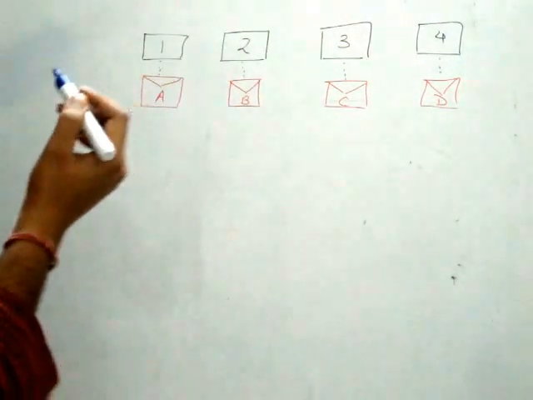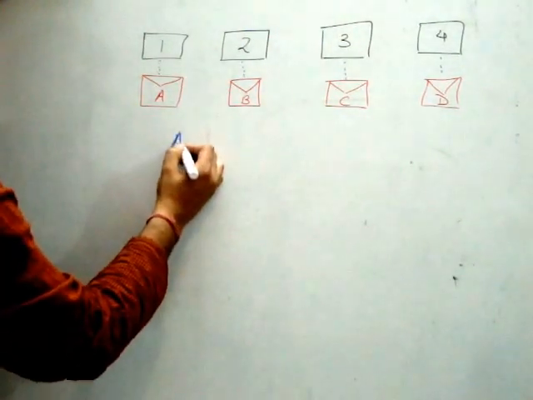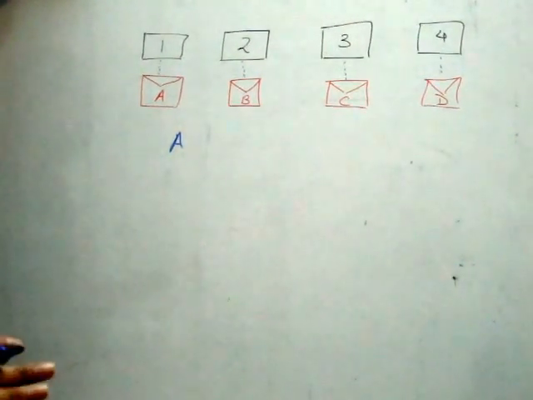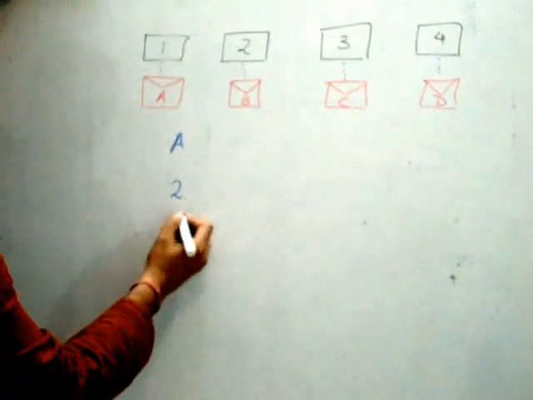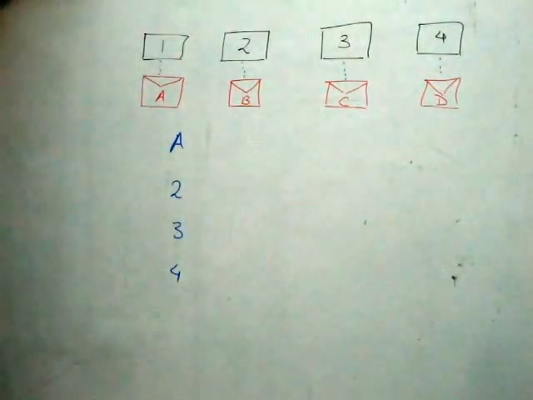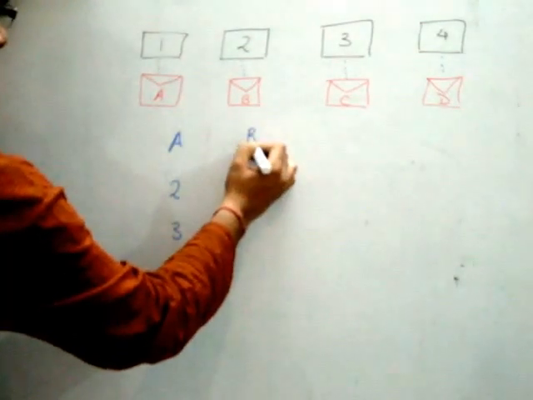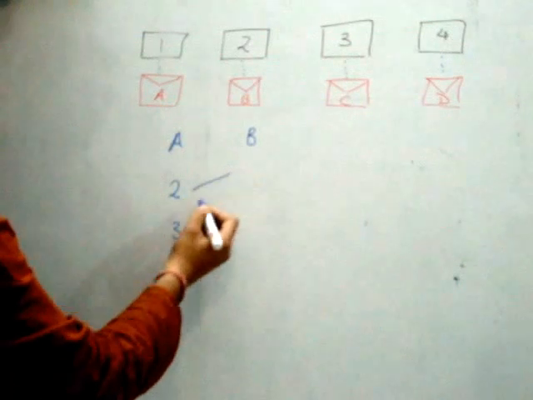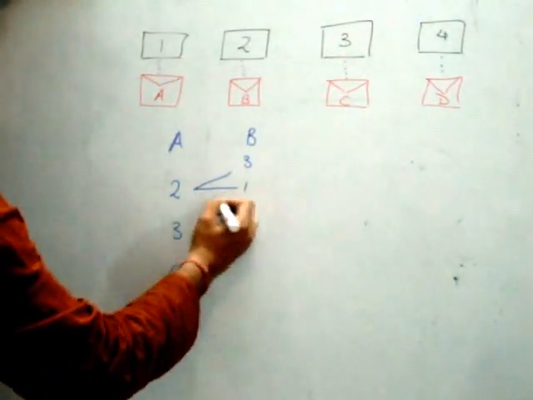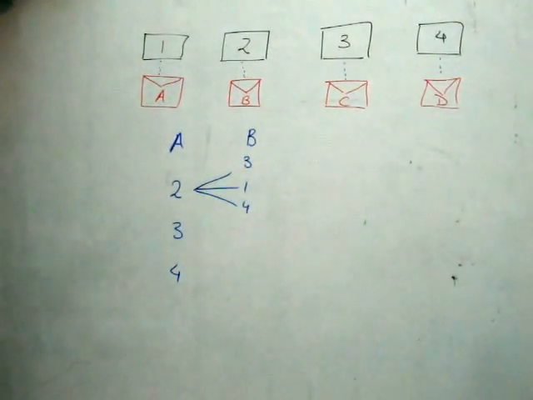Suppose let's start off with envelope A. When we talk about envelope A, the wrong letters to put in this are 2, 3 or 4. Now let us consider the next envelope. The second envelope is B. Now here, since 2 is used up, we can actually put here either 3, 1 or 4 by keeping none of them in the right envelopes.